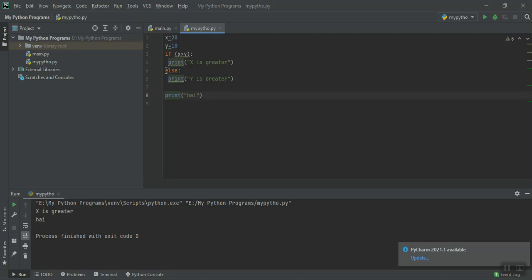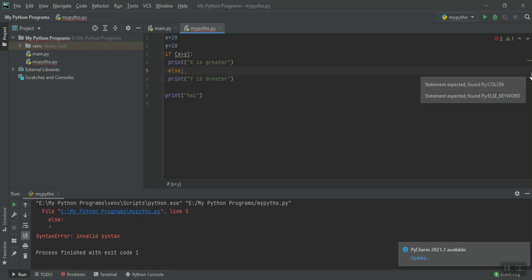Even if you are not following the indent rule for the else part, if you give space here, what happens now? It will not take this else part. It will show the error. So this is called the indent rule. You have to follow this indent rule or else you will get the error. Even if your syntax is correct, you will get an error, so you should be careful. Here, no bracket is there, so whatever you want inside the if, you should indent.